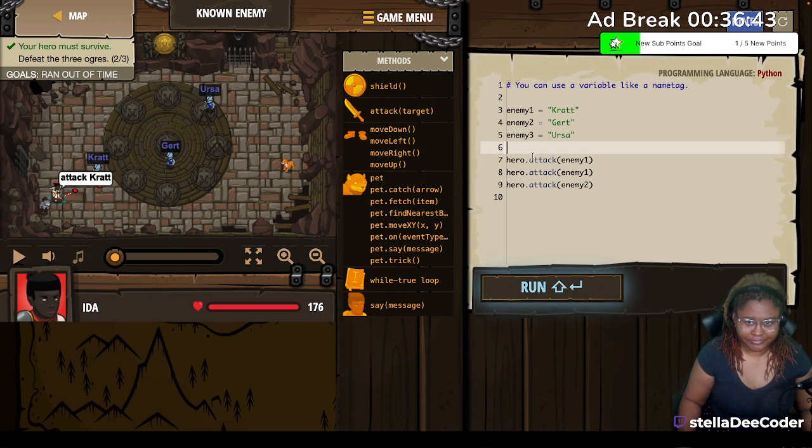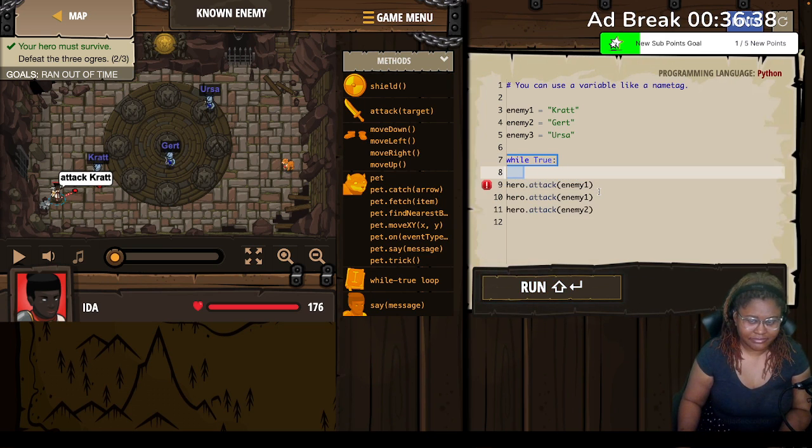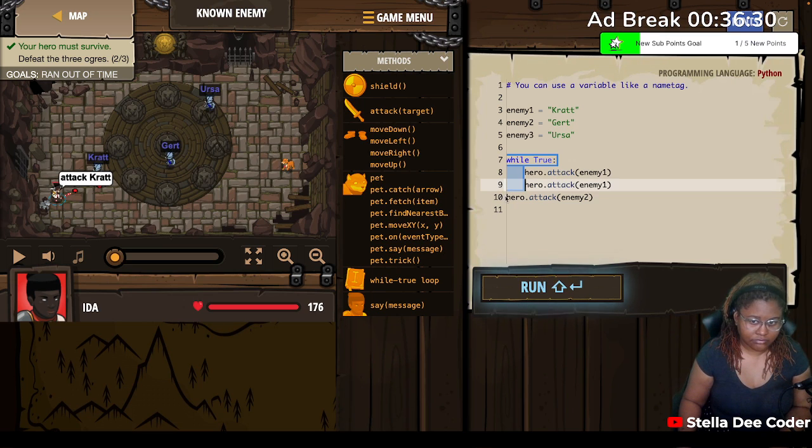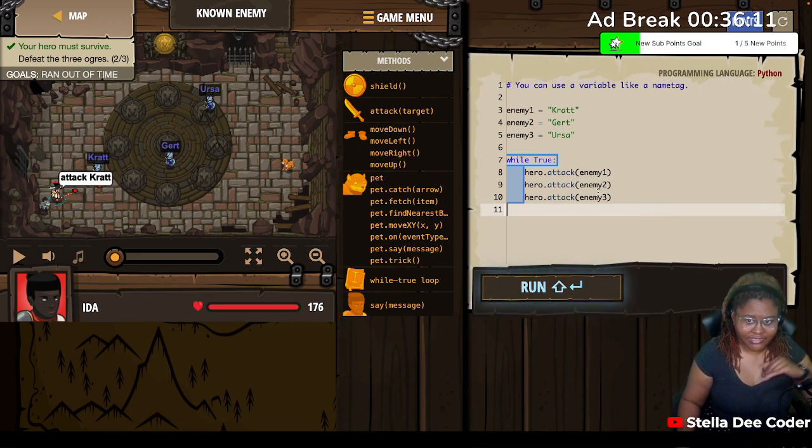I feel like we need to continuously attack them. That's what I'm thinking. Otherwise, how could we just attack them? Attack them once, and then we need to change the enemies. So we're gonna attack 1, 2, 3, and I guess just keep attacking them. We'll see how that goes. Probably made it too complicated, but